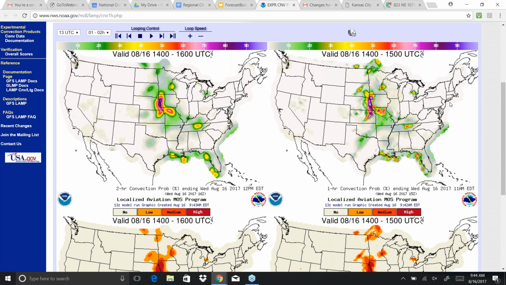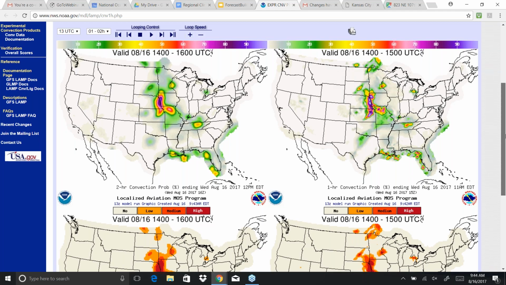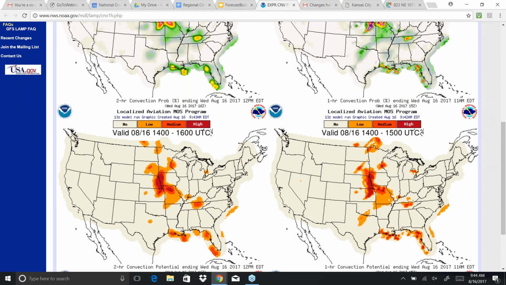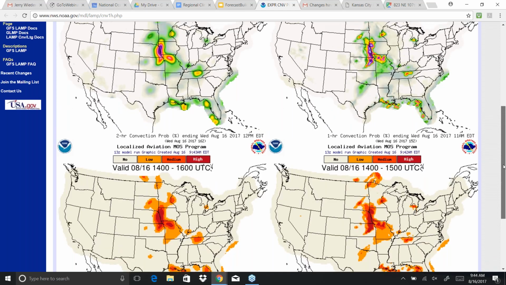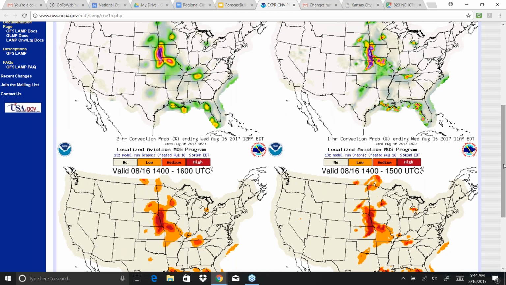Again, I think this is looking at total lightning, and they've done some other work as well. And then there's also these various categories down below for reference that they've worked on to help look at as a categorical approach. Maybe these categories could be something useful for us as well for helping with improving probability of thunder. So this is supposed to go into operations in October. We won't have to do anything, I think, on our side. This should just go right in place. You'll see the GLAMP produce hourly output in GFE. So be looking for that again